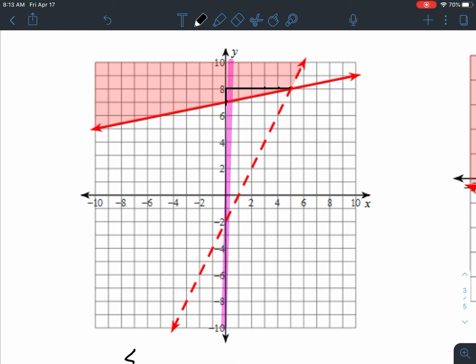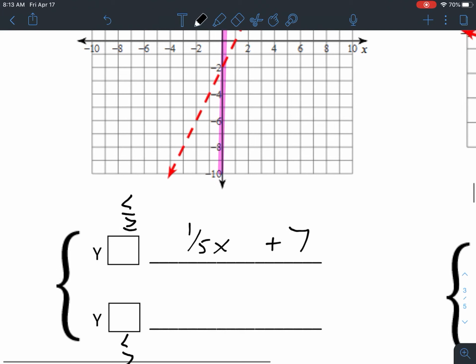Now, because we know the number is going to work in this shaded area, let's just pick an easy number. So let's do x is 0, y is 10. Okay? X is 0, y is 10. So we write right up here, 10 blank 1/5 times 0 plus 7 leaves us with 7 blank 10. Well, we know it's a true statement. So it means anything that's shaded